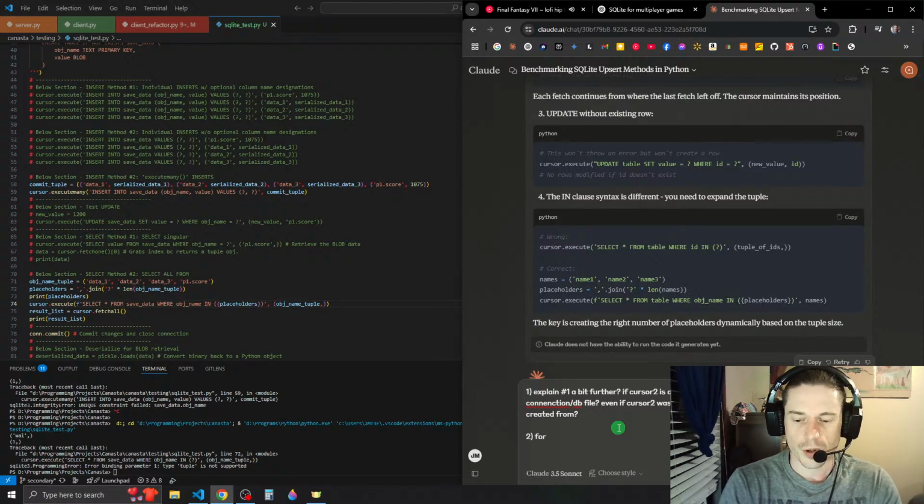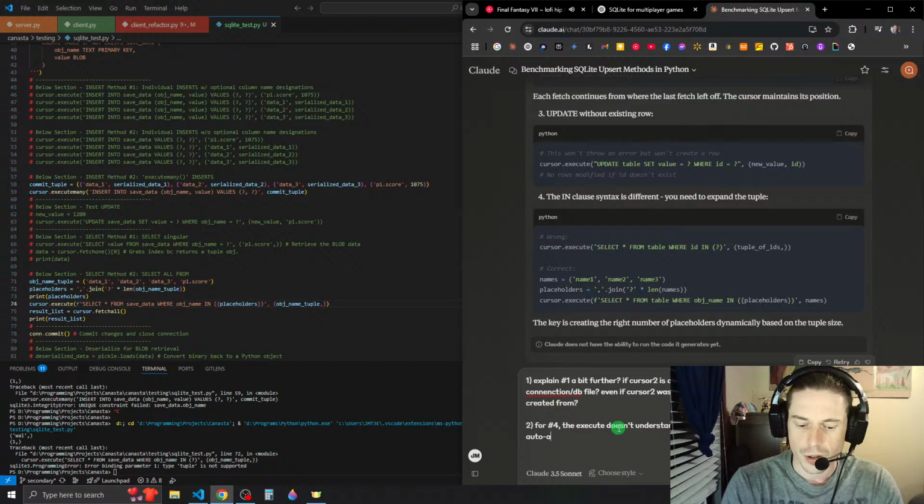For number 4, the execute doesn't understand that you are passing in an iterable and auto adapting based on the amount of values to